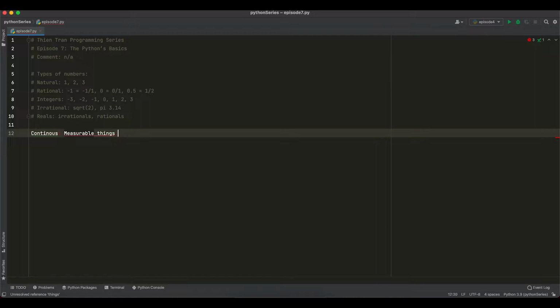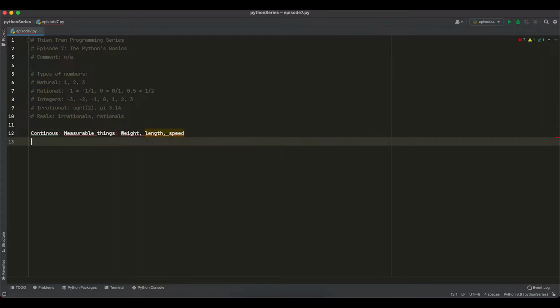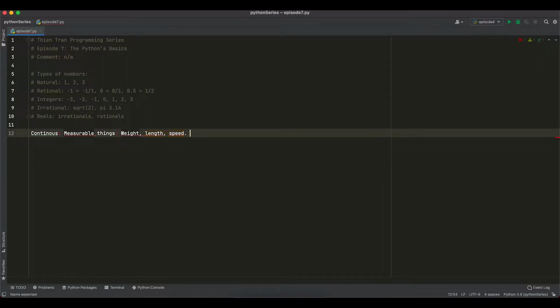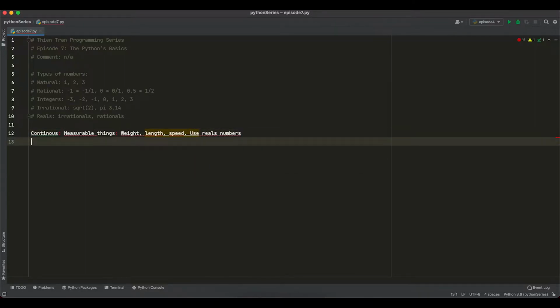So for example, if you're working on a program that asks for the weight, the length, or the speed of a certain object, you would refer to the continuous. And when you're using continuous, you would use reals number because it covers, for example, if the program asks you to get the weight of something and reals has irrational or rational,